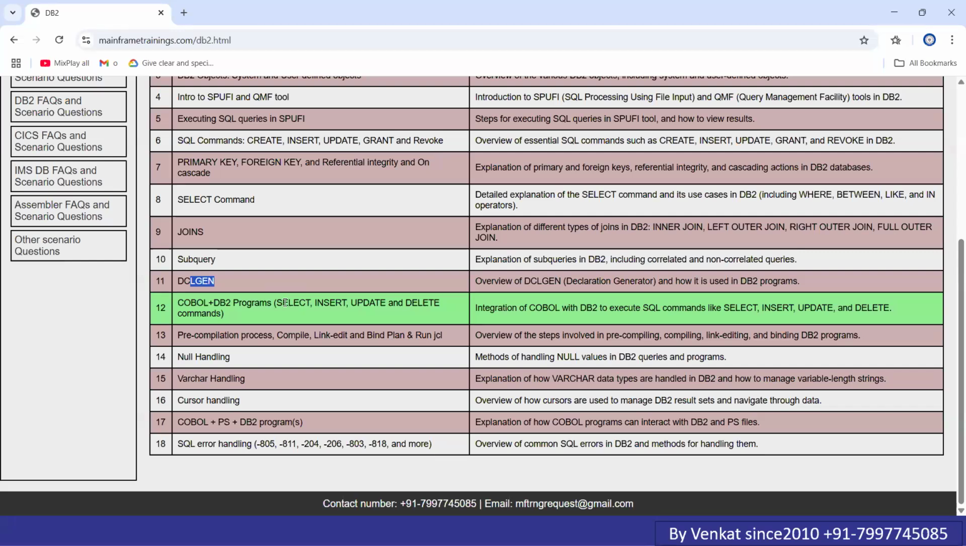We will discuss how to do pre-compilation and how to compile the program, link edit, bind a plan, and the differences between bind plan and bind package. Then we will discuss how to handle nulls, which is very important, and character handling also. These two we will integrate with the COBOL DB2 application program. After that, we'll discuss cursor handling: simple cursor, scrollable cursor, non-scrollable cursor, and